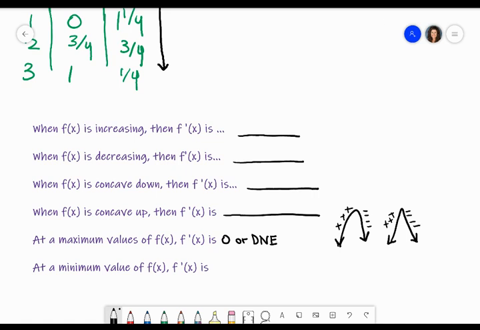What if you have a minimum value? Something like this. Again, what is the value of the derivative at the minimum? And how is the sign of the derivative changing at a minimum value? These are the aha